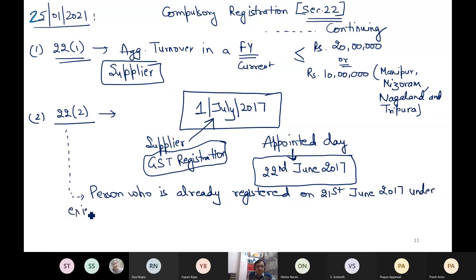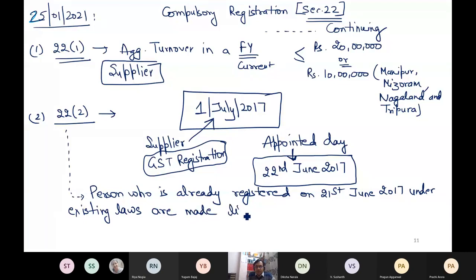Which existing laws? Not all the laws of India, only those laws which are merged into GST, which are subsumed into GST, which became a part of GST. Under existing laws. So persons who are already registered on 21st June 17 under existing laws are by default